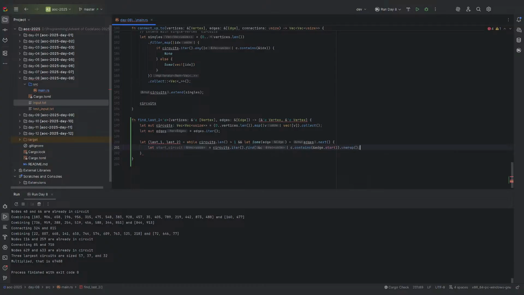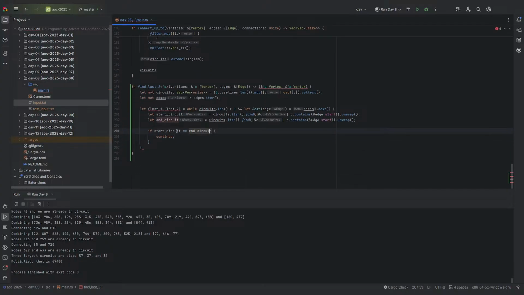That will always be in a circuit. Let's see. And so if the two circuits are the same, that means we don't need to combine. So now I can say